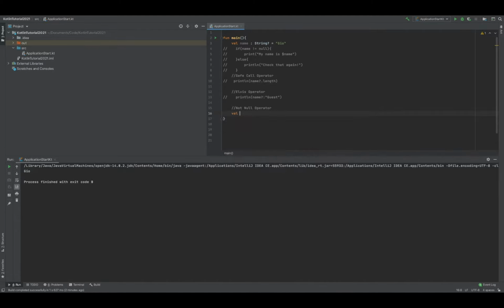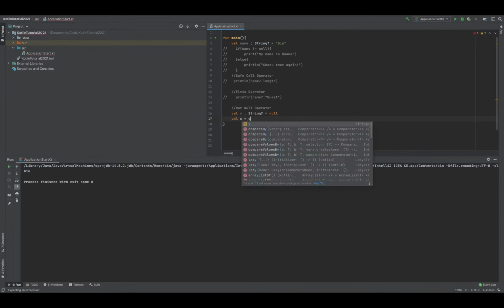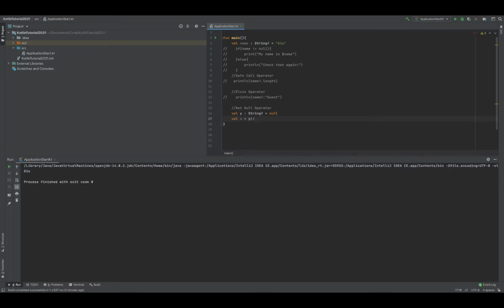So let's have a val of y. And this is going to be a string that accepts null. So we're going to make this equal to null. And we're going to have another val that is x. Oop, forgot to put on another line. Typing skills is trash. We're going to have another val that is x. And it's going to be equal to y, bang, bang. Bang, bang. So if we run this,